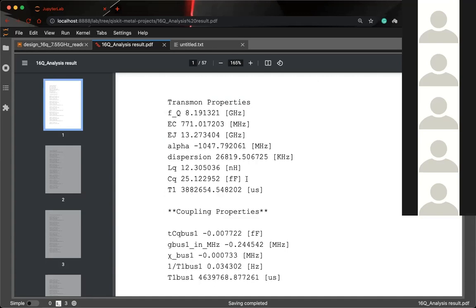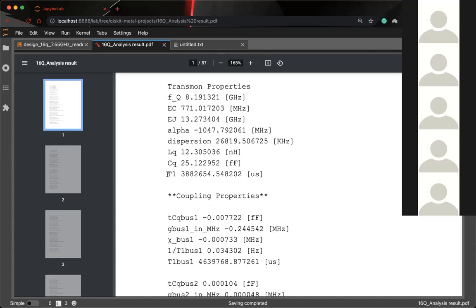So in ANSYS, we are essentially finding this capacitance matrix, and how we do that is we take the transmon and divide it into very small segments, and then run the lumped model analysis on that, and that's how we get the capacitance of the whole structure.